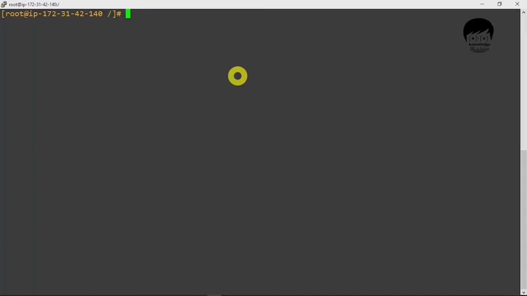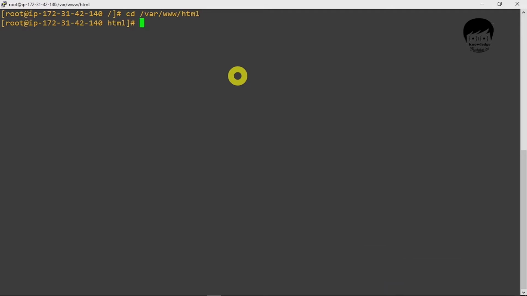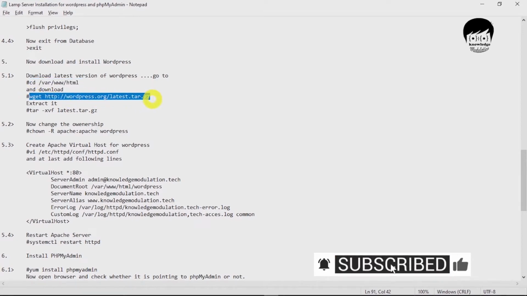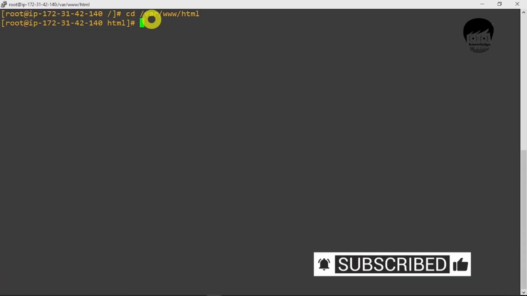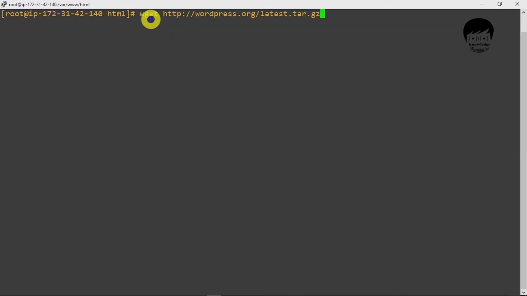I already have all these instances and I already installed all the prerequisite software. Now I am directly going to my HTML folder because I already installed HTTPD server, and I will directly download my WordPress file. I will give you the link in the description. I think I am getting an error that wget is not installed. I will install wget in order to download my file. So just enter the command yum install wget,